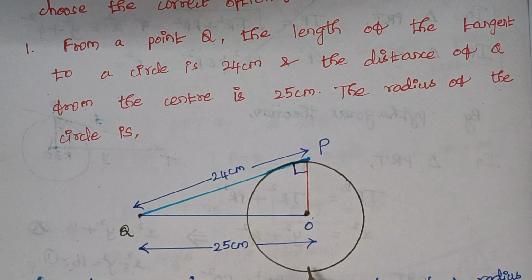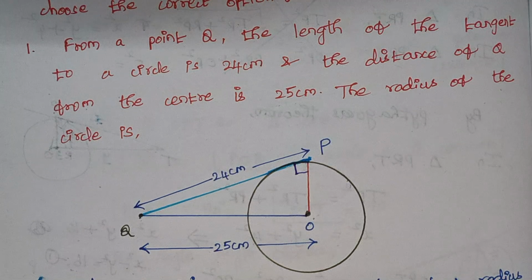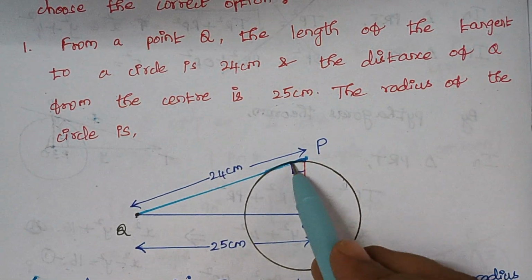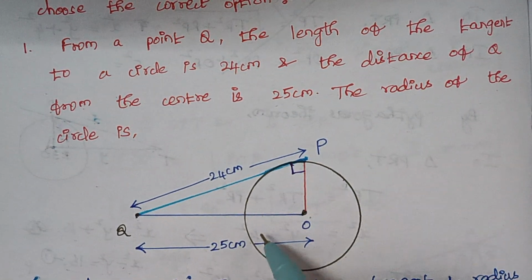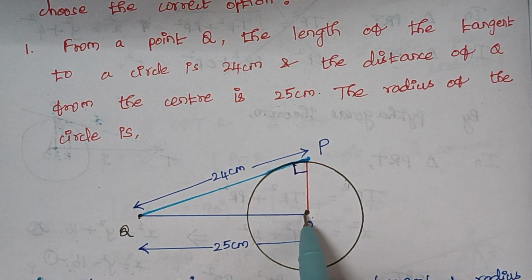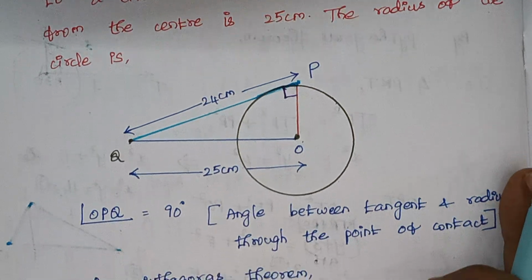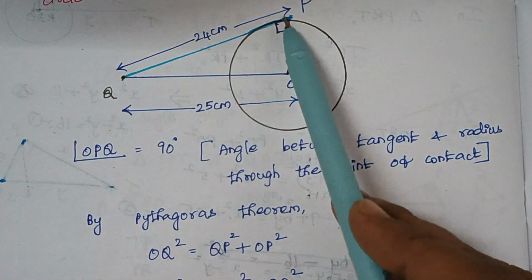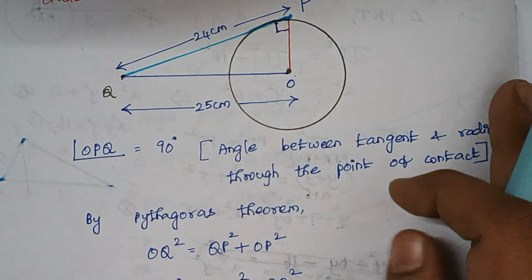Now here we have to use our Pythagoras theorem. So what is Pythagoras theorem? Hypotenuse square is equal to the sum of the squares of the remaining two sides. So which side is the hypotenuse? The side which is opposite to this 90 degree is the hypotenuse. So here OQ is the hypotenuse. Therefore, we can write OQ square is equal to QP square plus OP square or PO square,